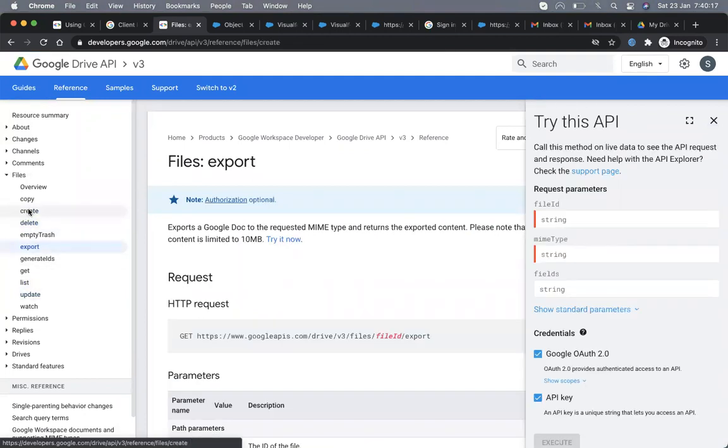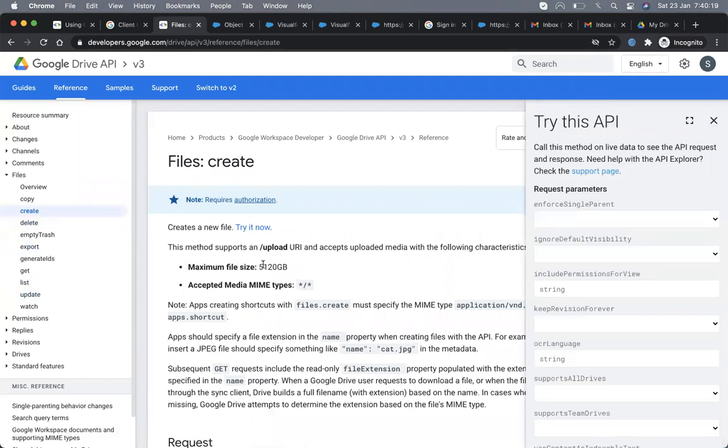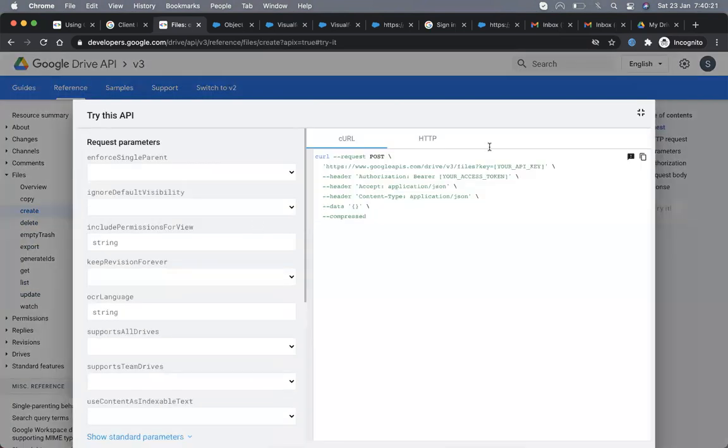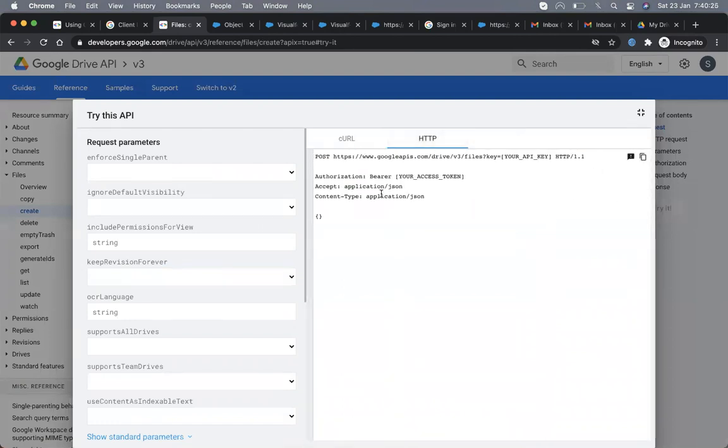Let's create a file. What do we need to do for creating a file? It's asking for the key. Okay, it needs a key and an access token both.